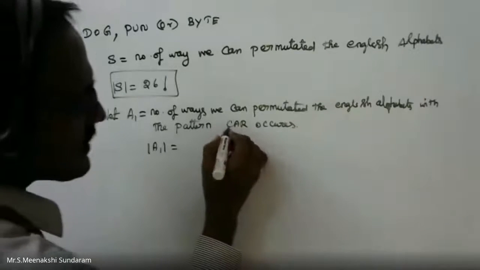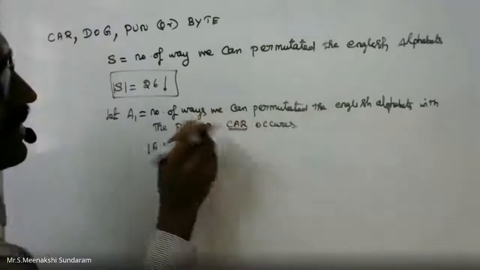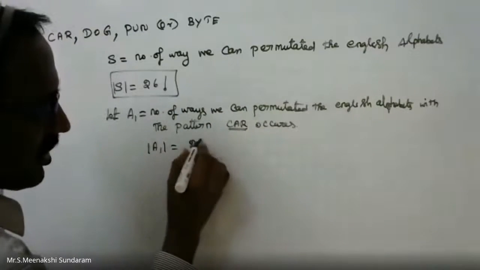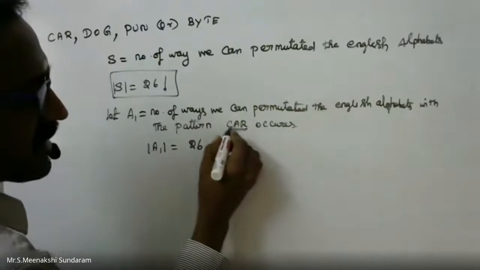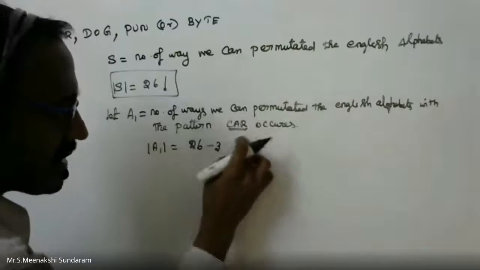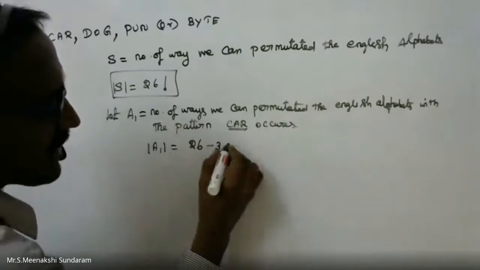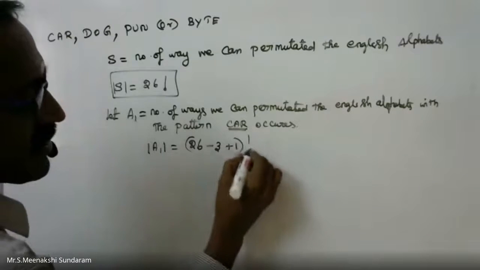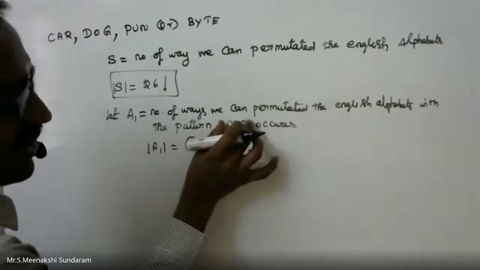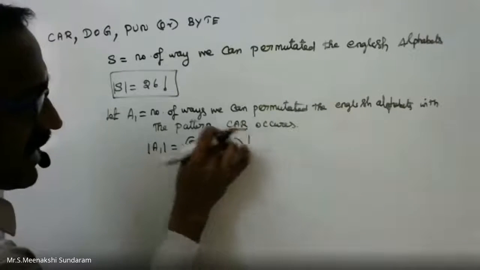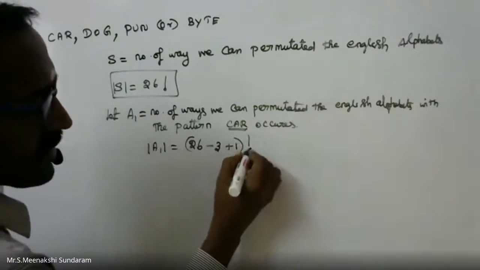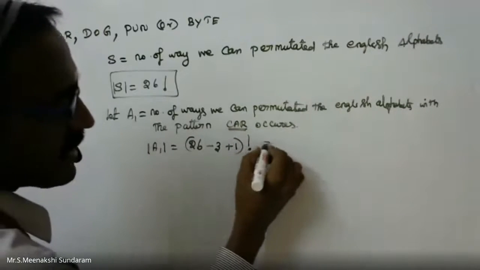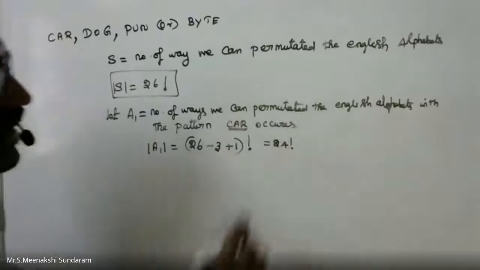3 factorial. 24. Actually, there are 3 letters that always occur together. So from the 26 letters, I can remove the 3 letters, and these 3 are considered as a single character. That's why I can add factorials: total letters minus the entire characters plus the entire character called a single letter. That's why I add it 1 time. So 26 minus 3 plus 1 is equal to 24 factorial ways.